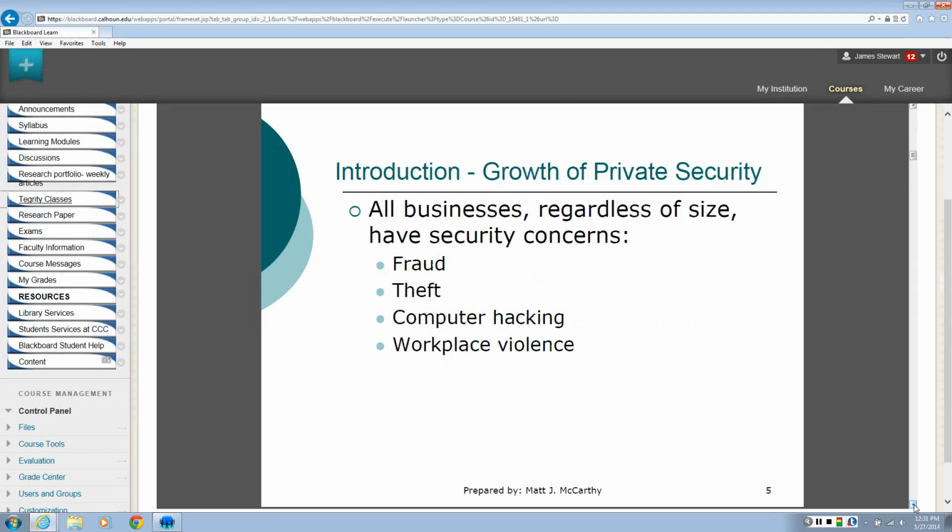Understand that every single business, whether it's a single-person operation or a multi-billion-dollar corporation, all have security concerns, and these are concerns that the security industry can address in some shape, form, or fashion, whether it be hiring a security officer, getting a security site survey, protecting information, protecting the actual physical location, you name it. We see a lot of usefulness for the security industry in the business world today.